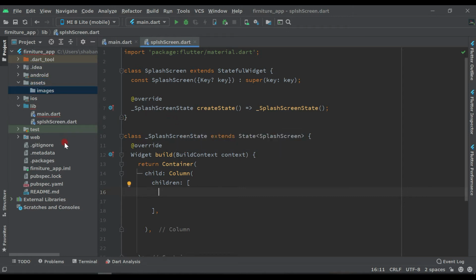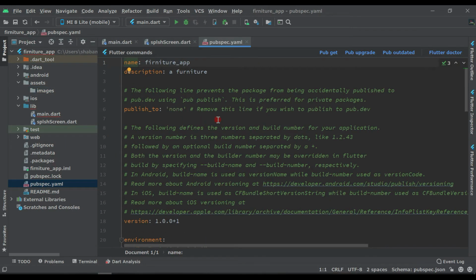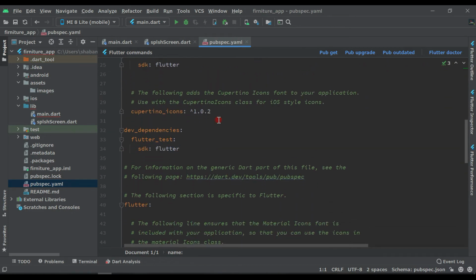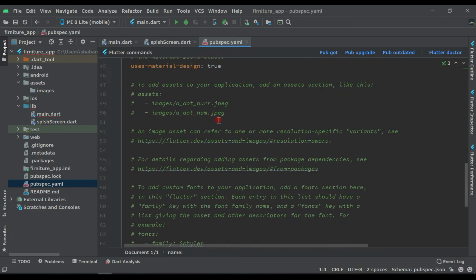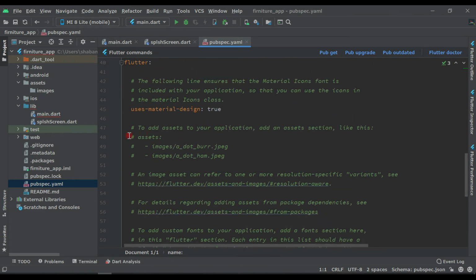Now we have to go to pubspec.yaml here, double click here, and we have to add our assets and images folder here. Just remove this comment here, and it should be below this hash, exactly below this.